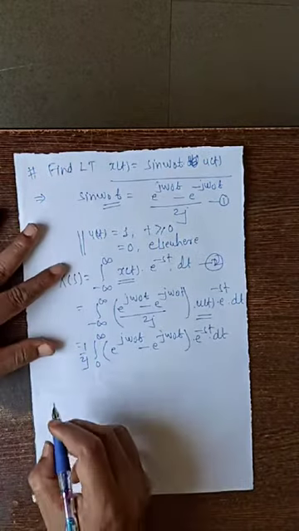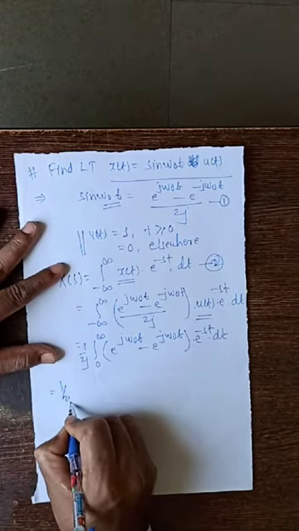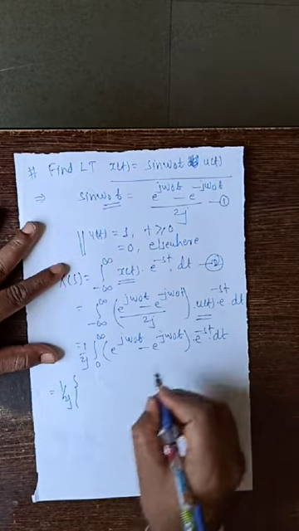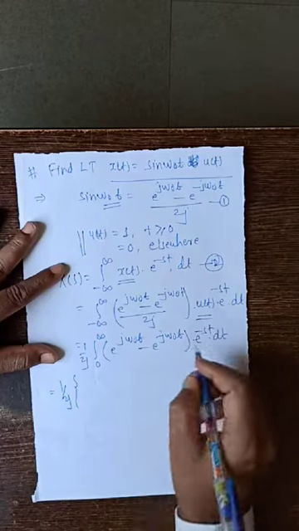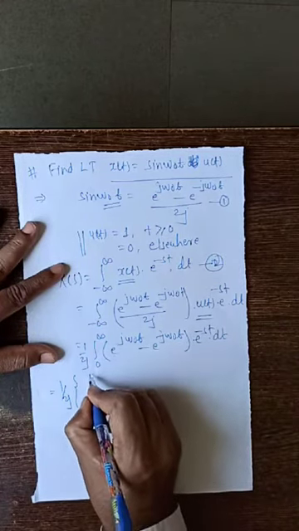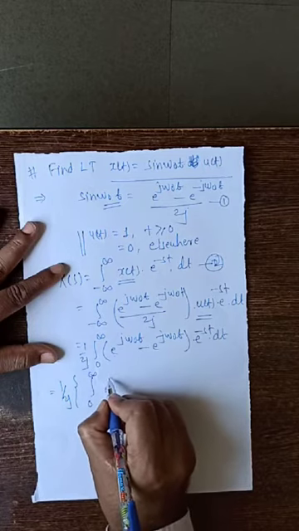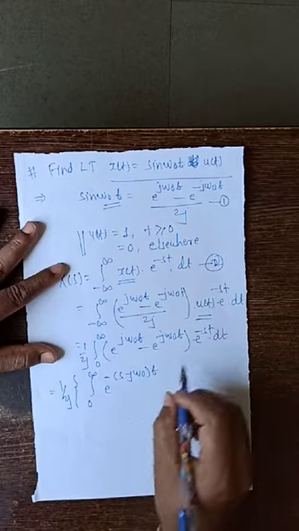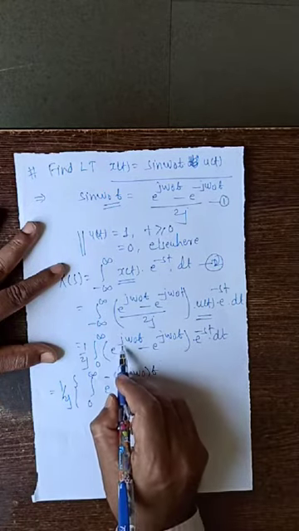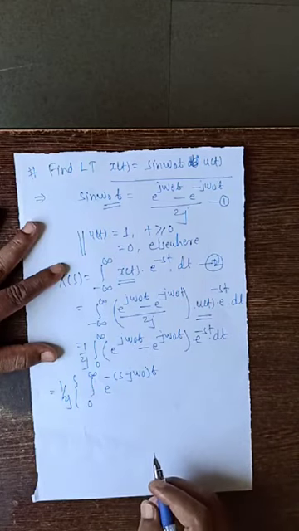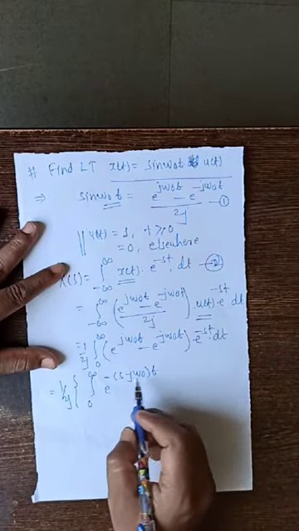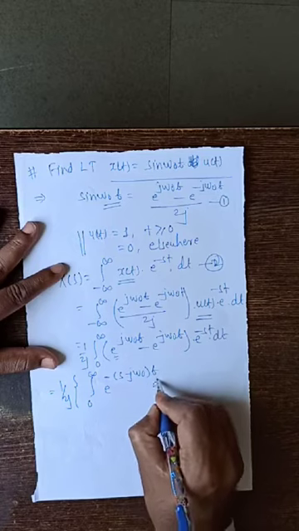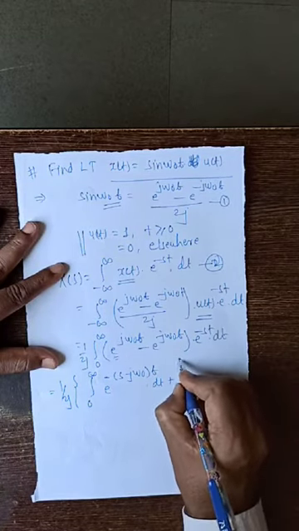Use the linearity property. So this is 1 upon 2j. Now, when we multiply, the bases are common, so you add the indices. So 0 to infinity, e raised to minus (s minus j omega naught) t. That is the first term. This is e raised to j omega naught t multiplied by e raised to minus st. So just see, minus st, minus minus becomes plus j omega naught t. This term that we have considered, into dt, plus integration 0 to infinity.